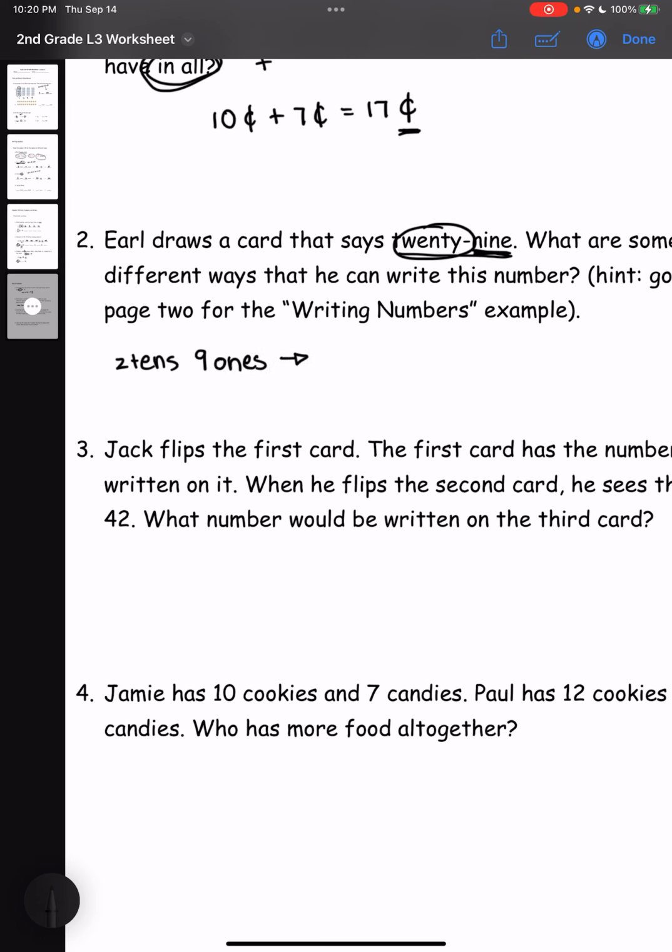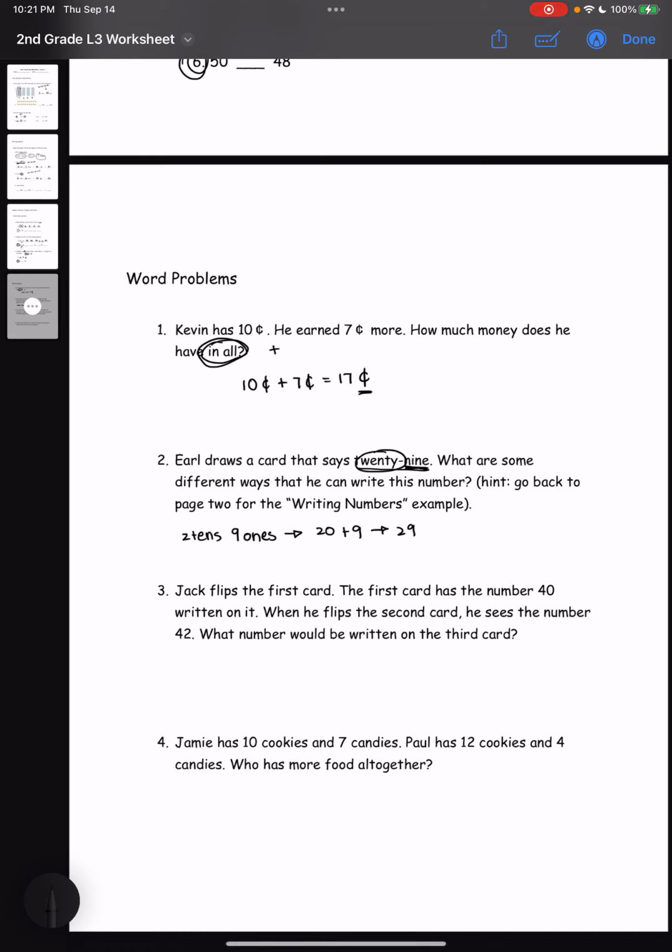Or another way you can write it is 2 tens is the same as 20. And then plus 9 ones. And that gives you 29. Try numbers 3 and 4 on your own. Make sure to